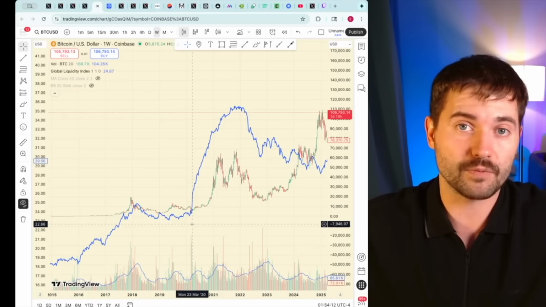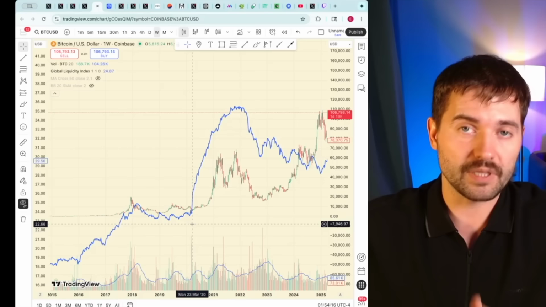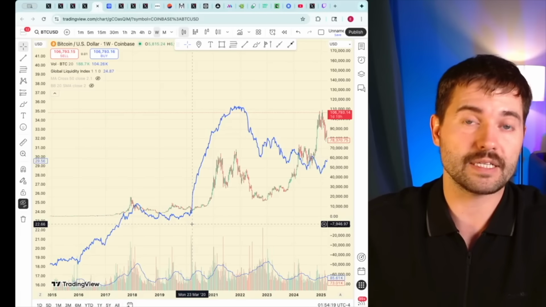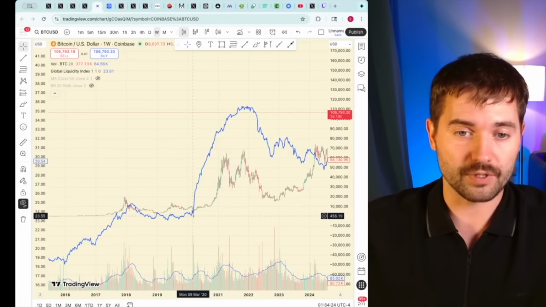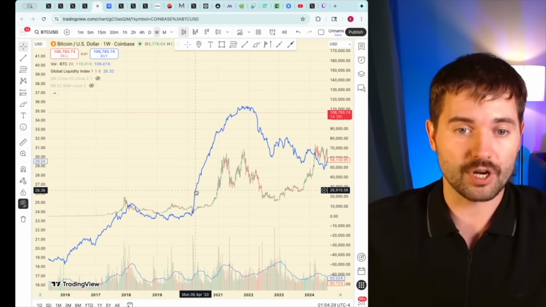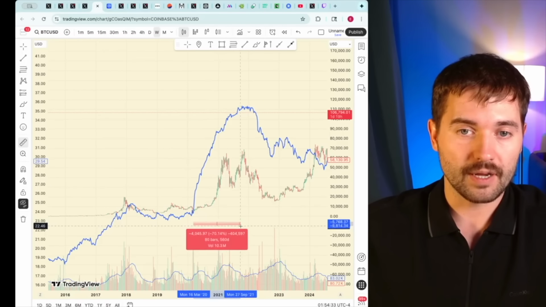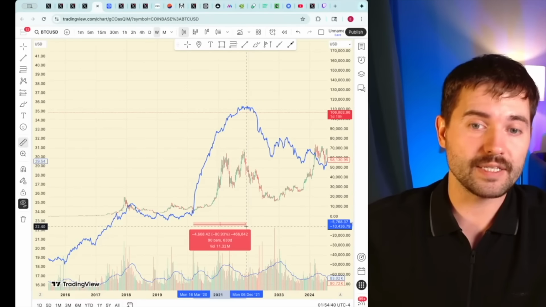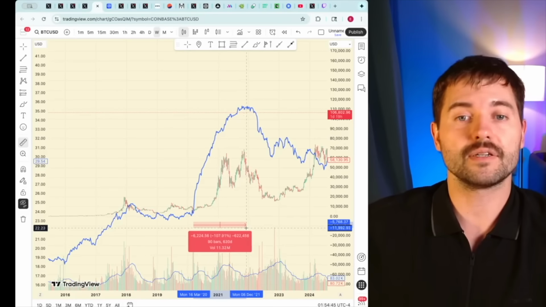The money has to come from somewhere, because salaries still need to get paid, military needs to get paid, police officers need to get paid, otherwise society is going to collapse. They started to print because that's the only way they can do it. And that's how we see an immediate jump on the Global Liquidity Index. And that lasted all the way from March 2020 until December 2021. For 2 years, there was just printing non-stop.